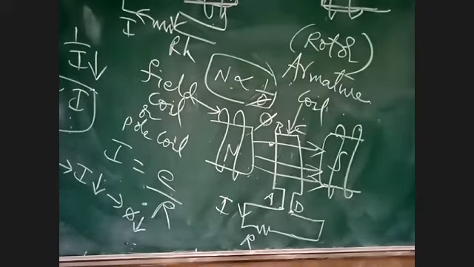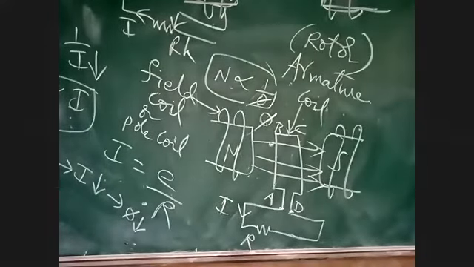1 by 0. What is 1 by 0? Infinity. Speed will be dangerously high. In your house, if the field winding is not there and you make the flux 0, sometimes inside the machine one rotating part is there. Have you seen it in the motor in your house? One part is rotating. That is called the rotor, the armature.